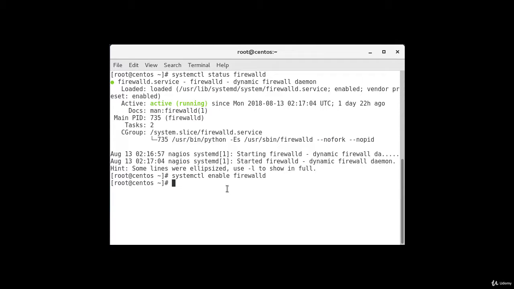One more way that you can verify the current status of the firewall is firewall-cmd --state, and it is running. So before we begin to make modifications, we should familiarize ourselves with the default environment and rules provided by the daemon. In order to export the defaults, we can run